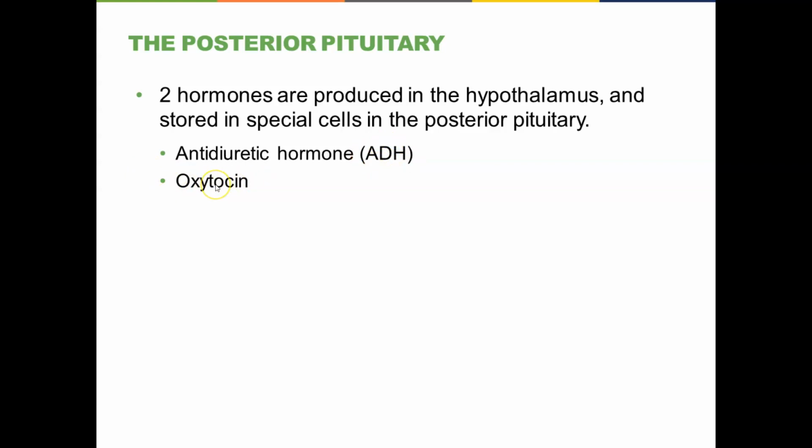Oxytocin, again, responsible for smooth muscle contraction in the uterus and in the mammary glands. Only late in pregnancy, only after you've had a protracted period of some other hormones present that induces those cells to produce the receptors that make them sensitive to oxytocin. So it's an interesting combination of effects.